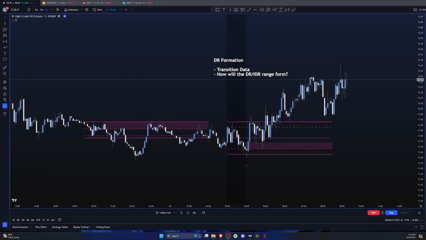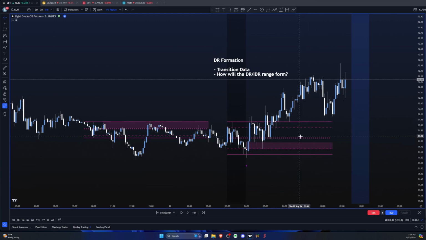All right, let's talk about the DR formation setup. This is a setup that happens when the DR IDR range is first getting formed. And if you remember your times, that starts around 9:30 Eastern time and it ends at basically the end of the 10:25 candle. And what we're looking for is what is the pattern that's being formed by